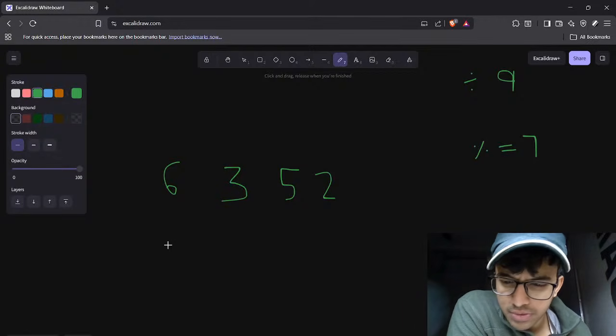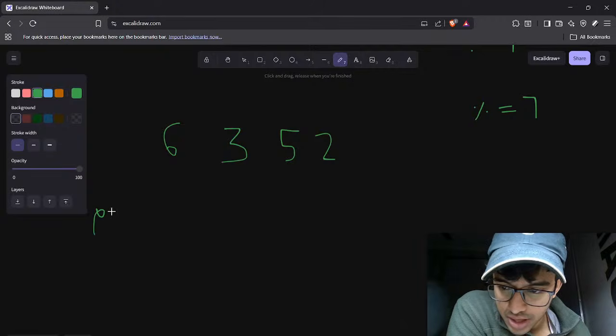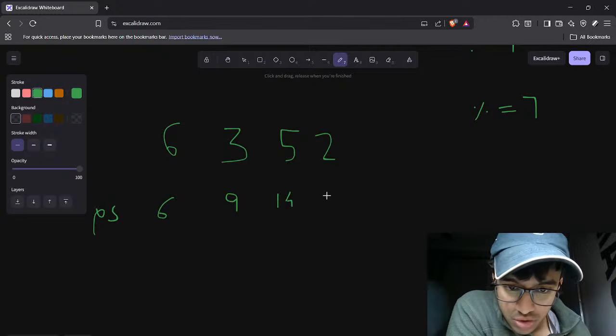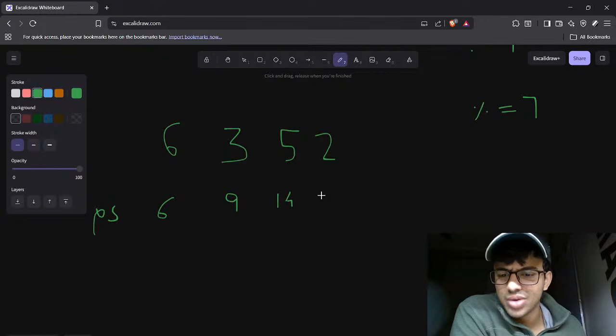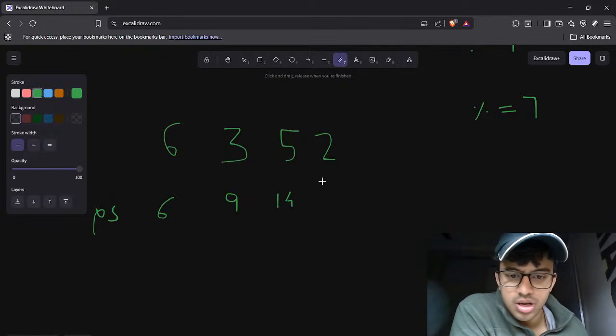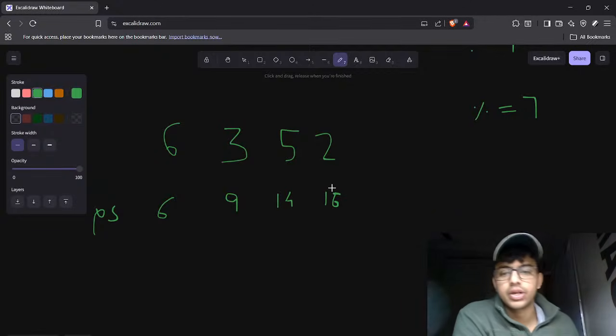I think we'll have to play with prefix sum here. The prefix sum here is 6. Here it's 9. Here it's 9 plus 5, 14 plus 2. Wait. 9 plus 5, 14 plus 2, 16. Yeah, makes sense. Okay. So at any moment,